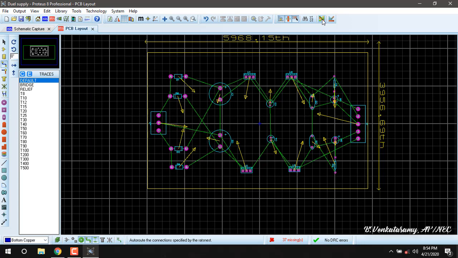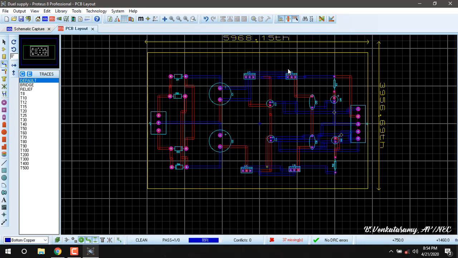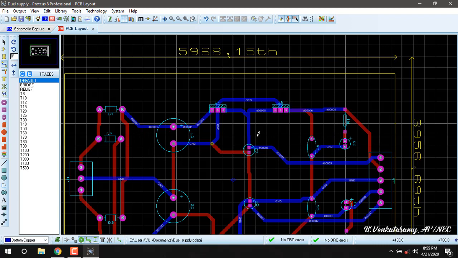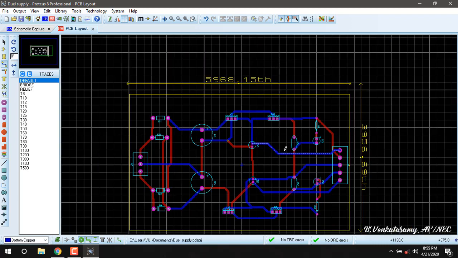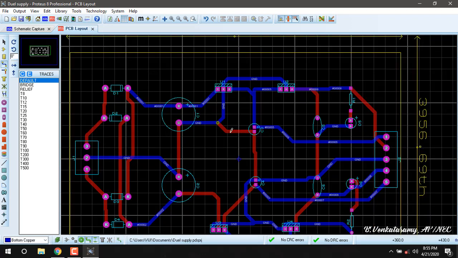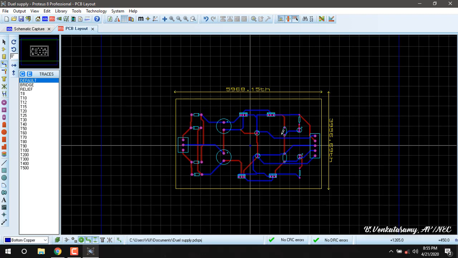Now press auto router, begin routing. So now the double layer PCB has been done. Here the blue color lines are at bottom copper and the red color lines are at top copper. So the two layers make the circuit a double layer PCB.